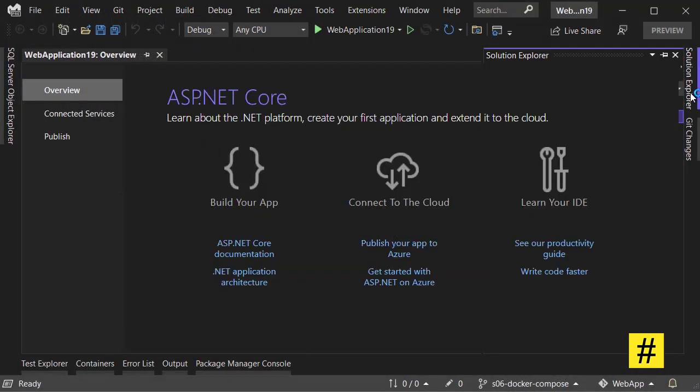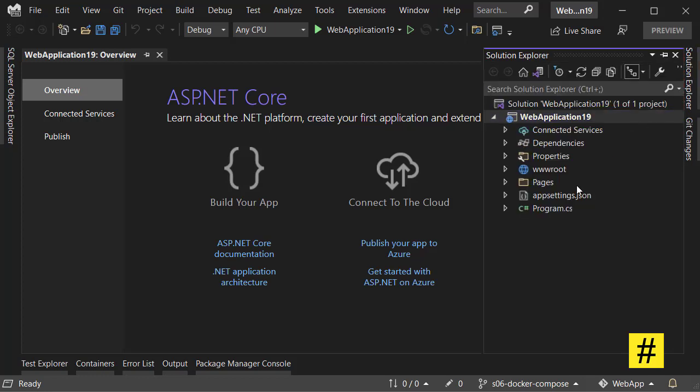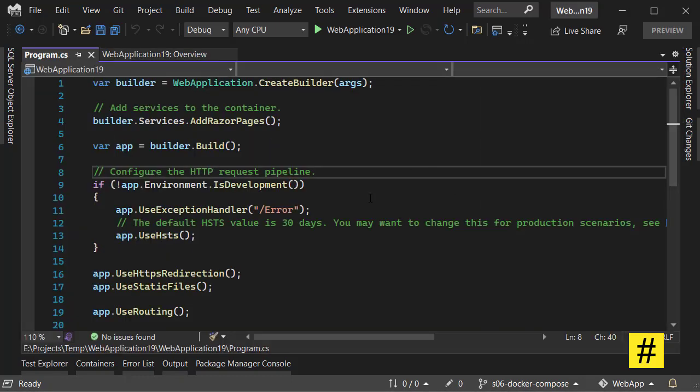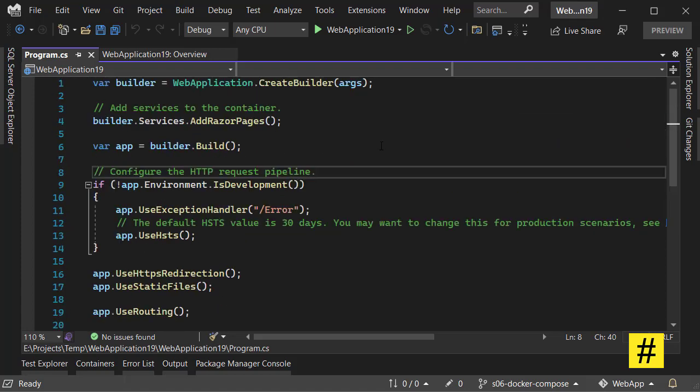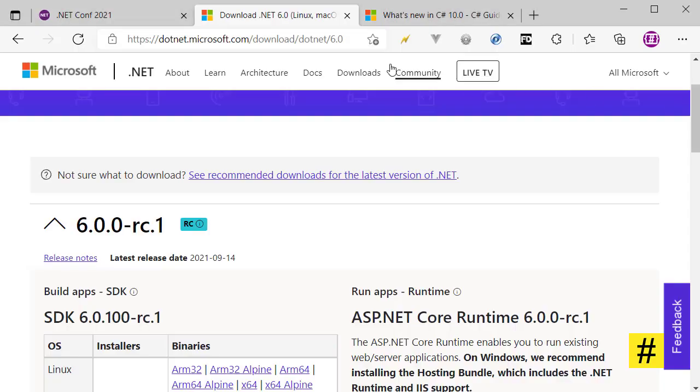So we have the new project instantly created, and now the first thing is we don't have a startup.cs. Let's take a look at program.cs, and immediately you see that a lot has changed in this file. First, we don't see any classes or async void main or any usings, and that's because in